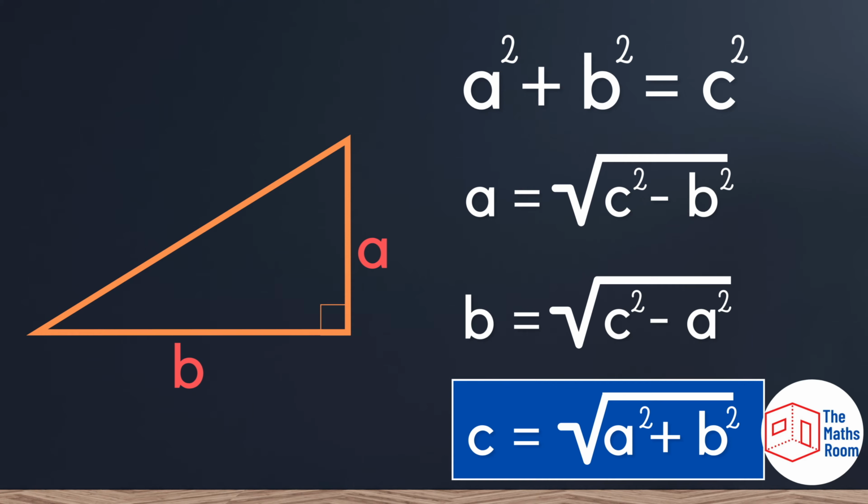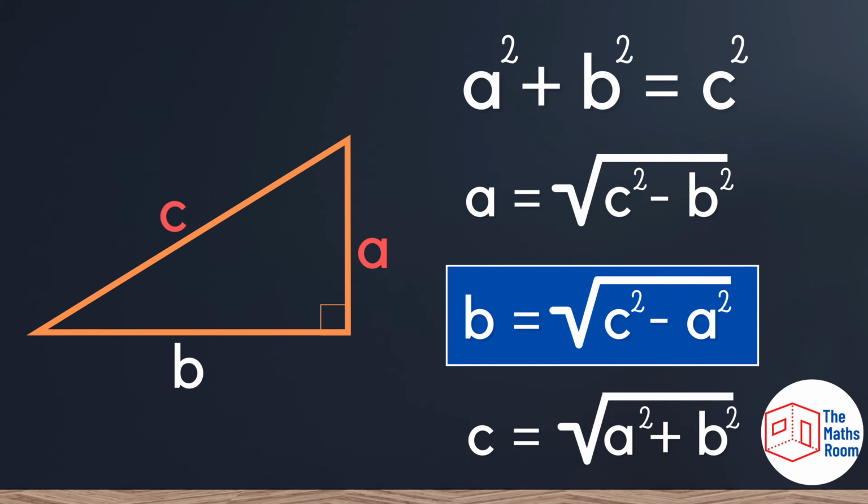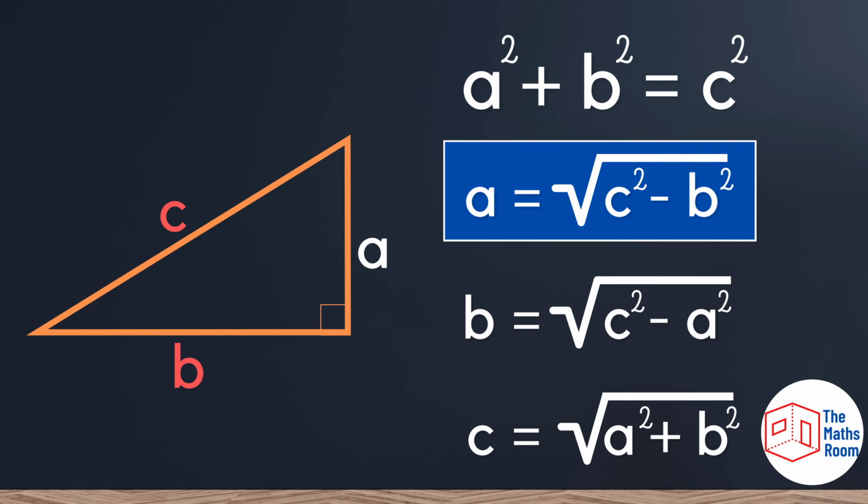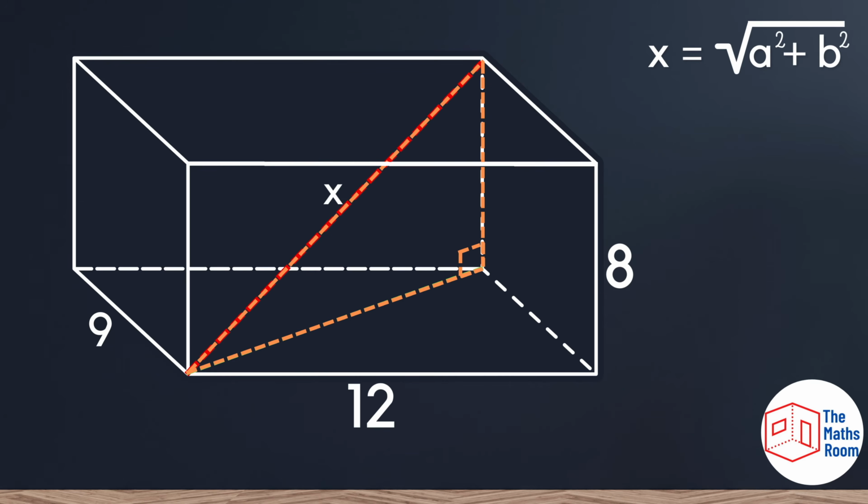But whatever variation we choose to use with Pythagoras, in order for it to work, we will always need to know at least two of the sides. Looking at the height of our cuboid, we can see that it's the same length as the height of the triangle. So we can insert this as our first missing value. But that's as far as we can get, as there's no way at this point to determine the base length